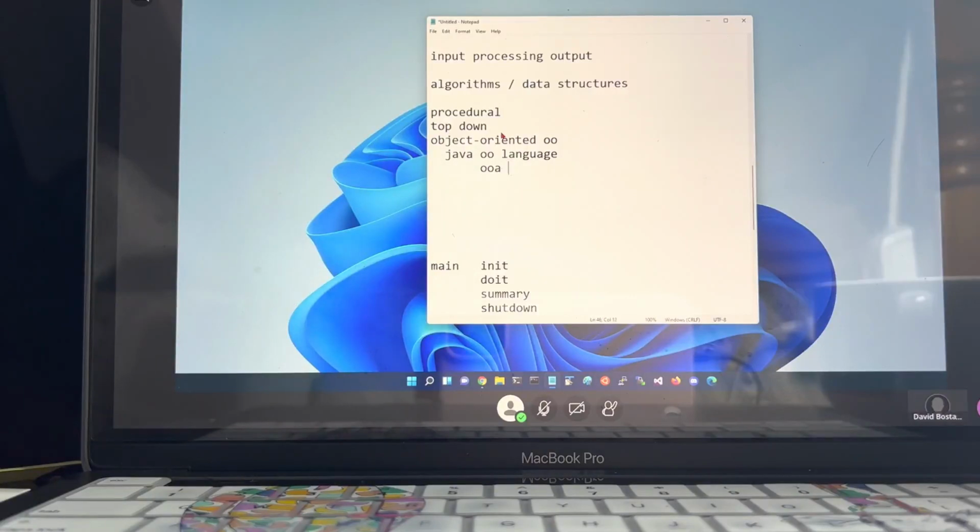We have an OOA, an OOD, we have an OOP. We might have these things being thought about as object-oriented design, object-oriented analysis, object-oriented programming, various levels. And each of these could be a different job description in a company.